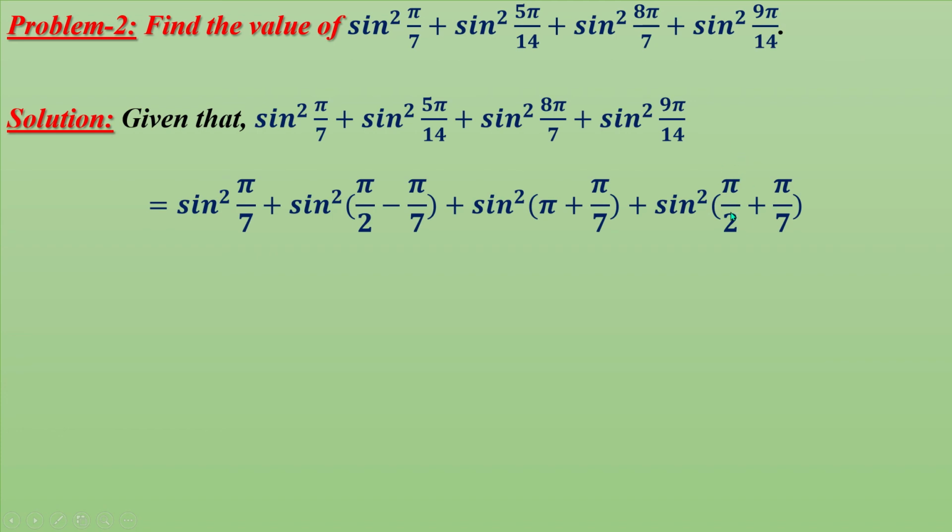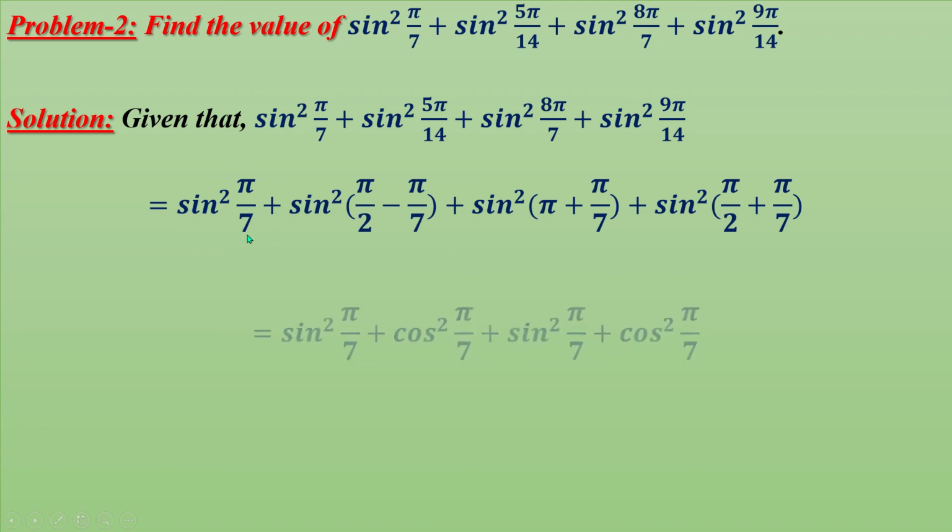We have to take either 1 right angle or 2 right angles or 3 right angles or 4 right angles. That means a right angle times something. As a result, we can easily identify the quadrant. As here there is a square, we can write (sin π/7) whole squared, because sin² x and (sin x)² are the same. The sign, plus or minus, doesn't matter, it will be plus, because here it is a square.